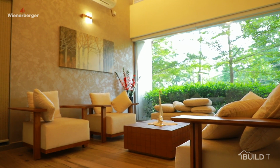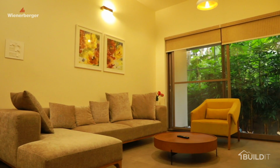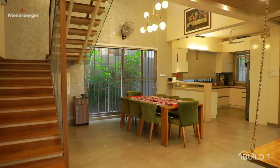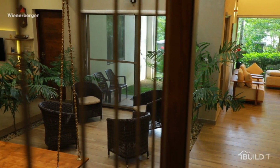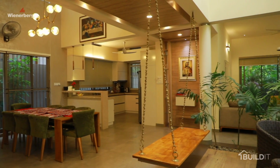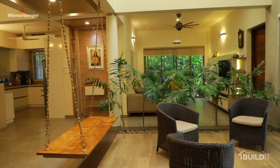The space flows from the drawing room to the dining room and to the family room. Family room actually is on the other side. It's on the eastern side, and what we've done is we've tucked the family room in between the two bedrooms. So it's essentially a very private space. But then the family room is connected to the dining room, and from the dining room you connect to the drawing room. And in between there is an open space which opens you out to the green area on the southern side. So it's like an H-shaped plan. So the dining room sits in the middle,